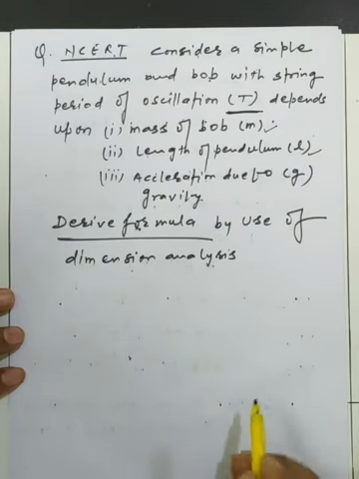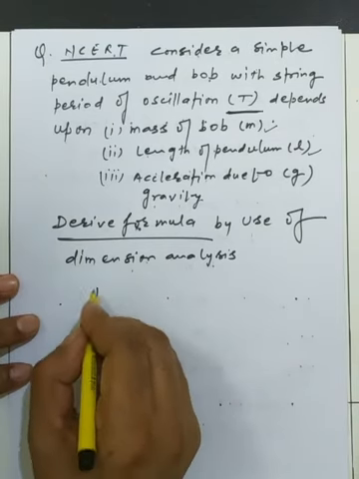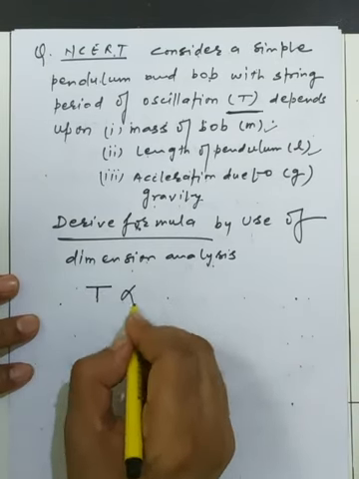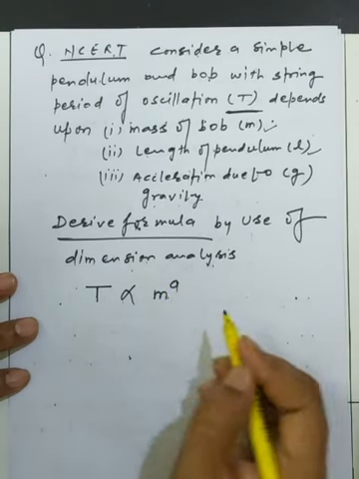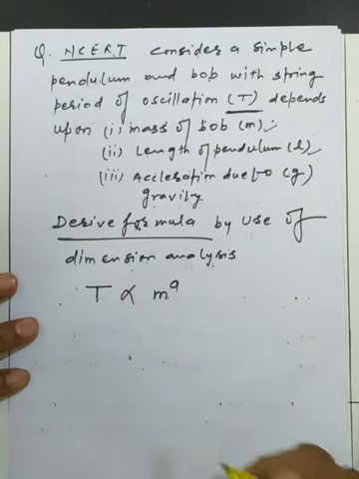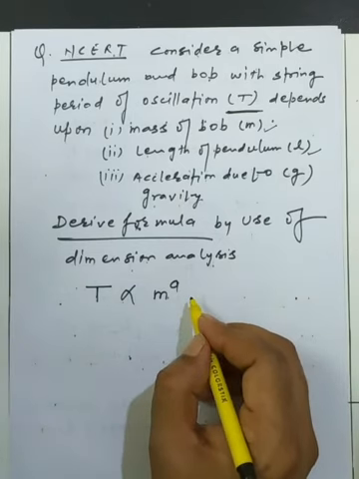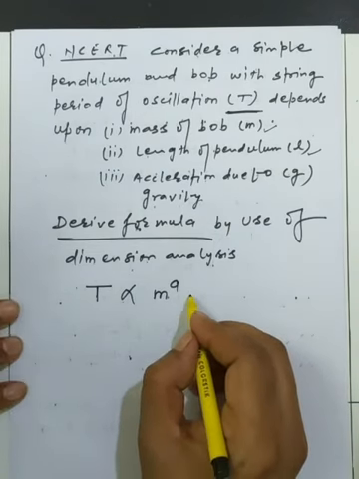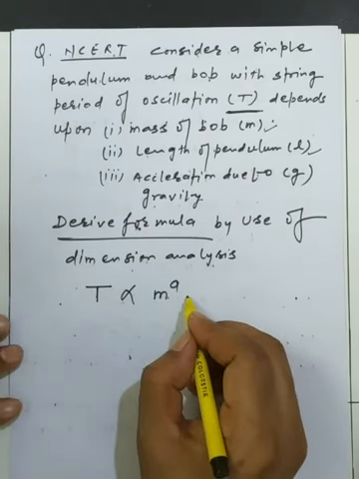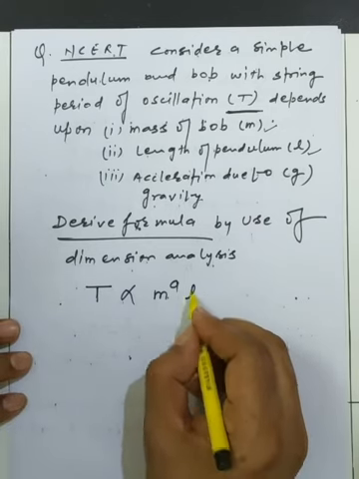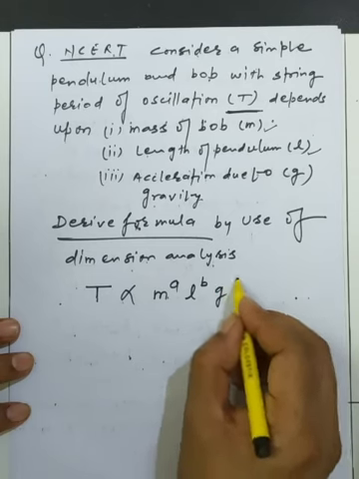Okay, so how can we start the problem? First we have to convert the statement into the mathematical part. So we have to know the time period is directly proportional to the following quantities, that is m with the power of a. Whatever you choose, L first, G first, it doesn't matter. Or whatever you use, x, y, z, doesn't create any kind of impact. So you must use simple physics in place of criticalness. Okay, so I am just using simple physics here with L, that is b with the power, and G with the power c.